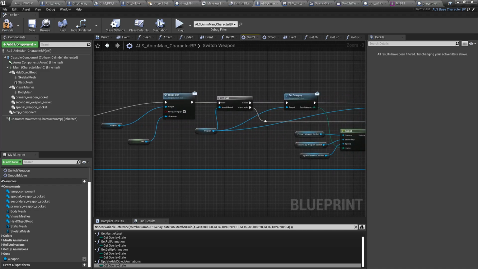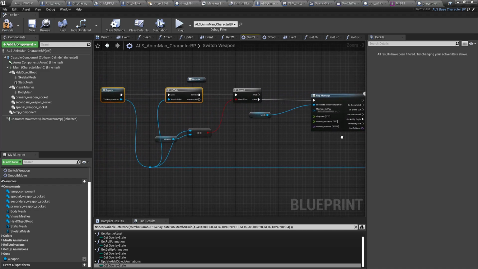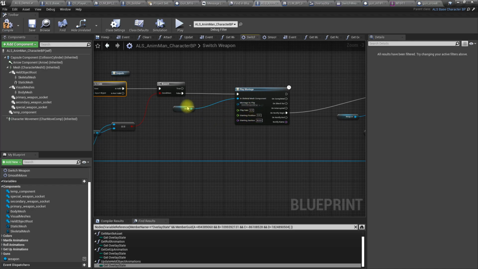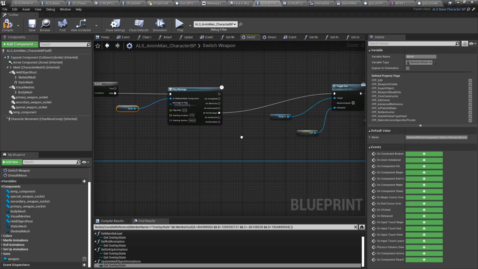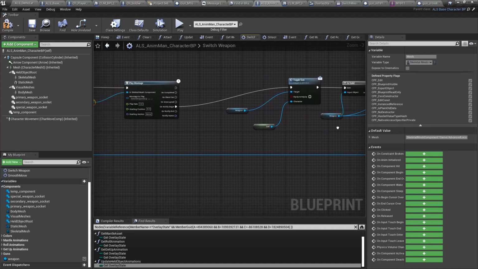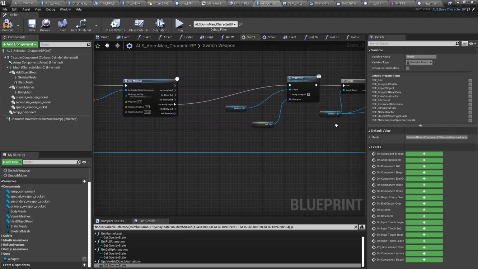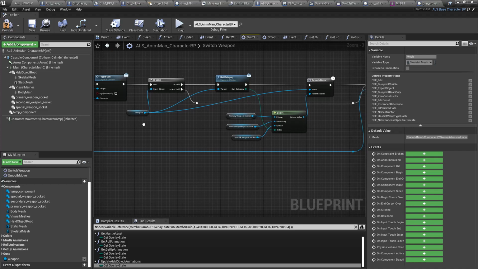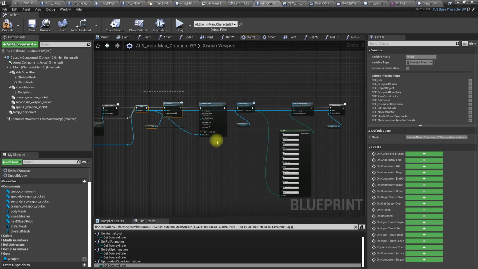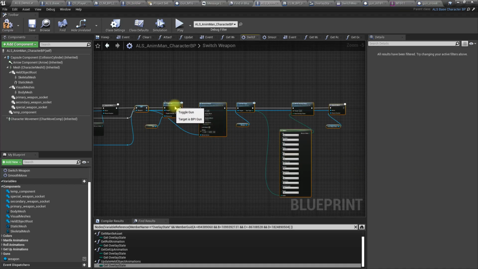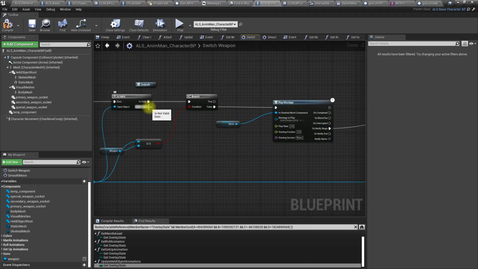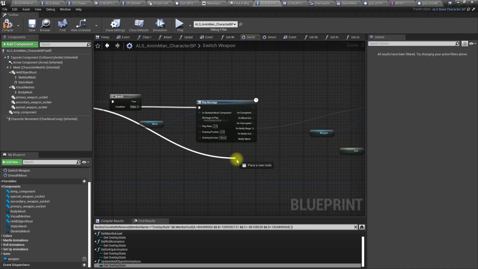So if we don't have a weapon, basically we have to do the same animation and put back the current weapon, and then after that, after this point, here, not valid, we can